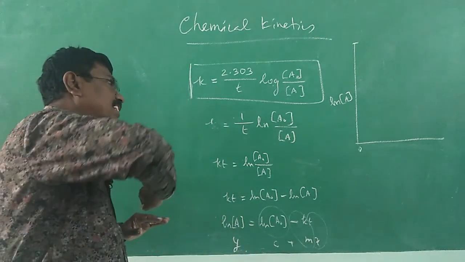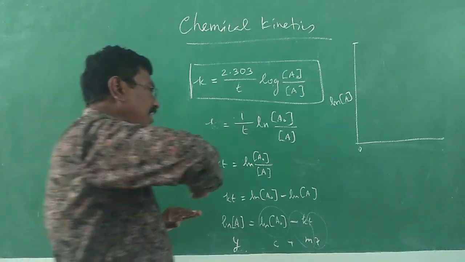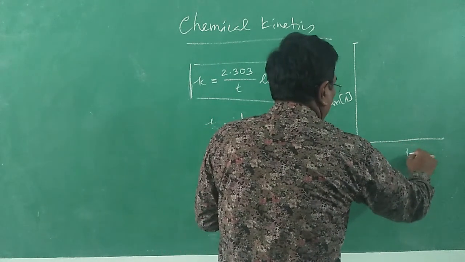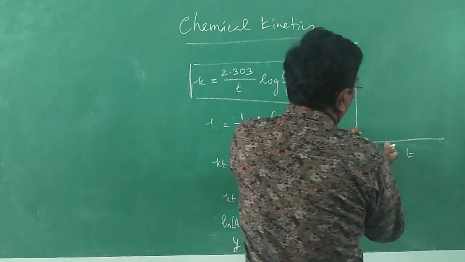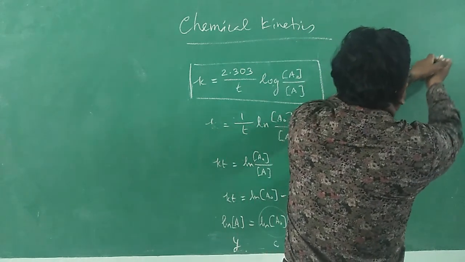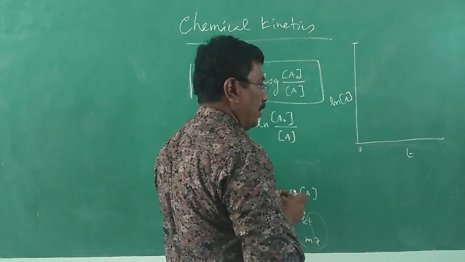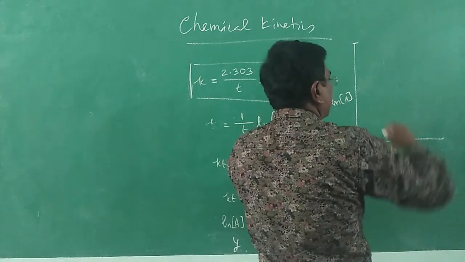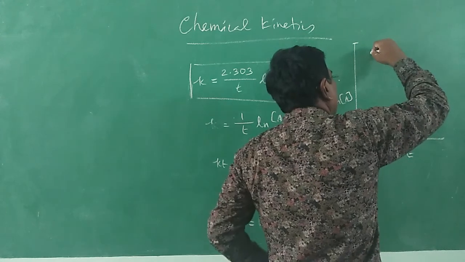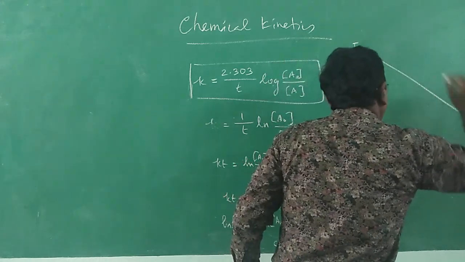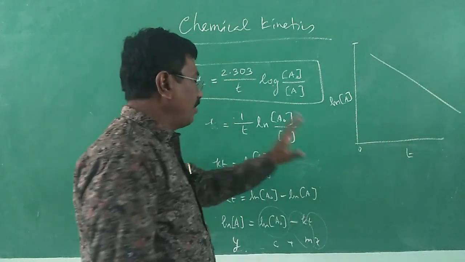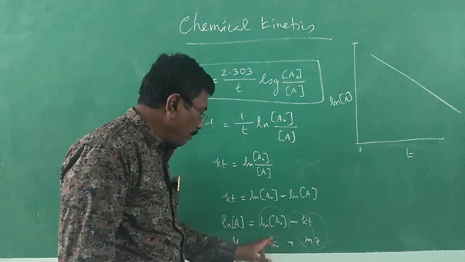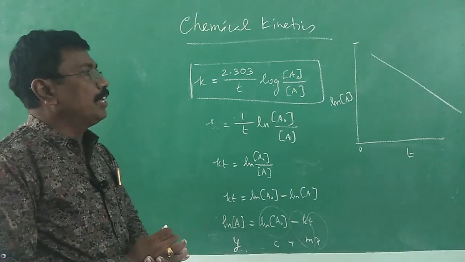If the slope is positive, when we increase time, concentration will also increase. Both will increase, and therefore we will be getting a graph like this. That is positive slope. Suppose it is negative slope, the meaning is that as time passes on, concentration is getting reduced. So when the reaction proceeds, the concentration reduces accordingly. This is the straight line that we will be getting when we do the experiment.